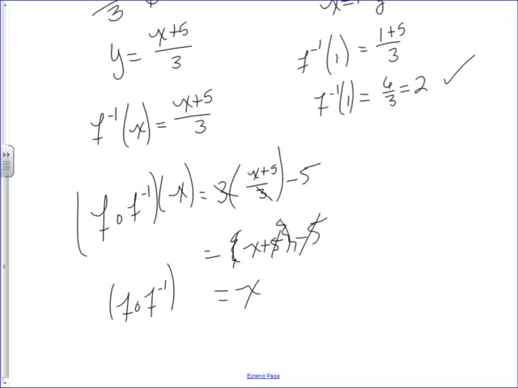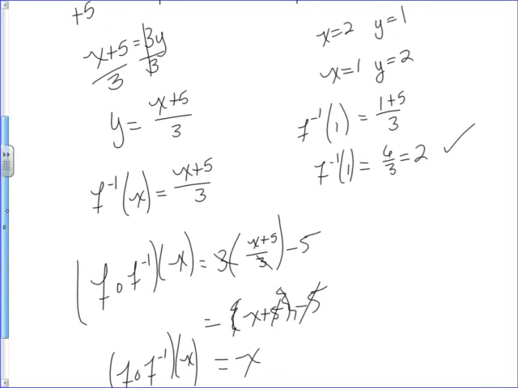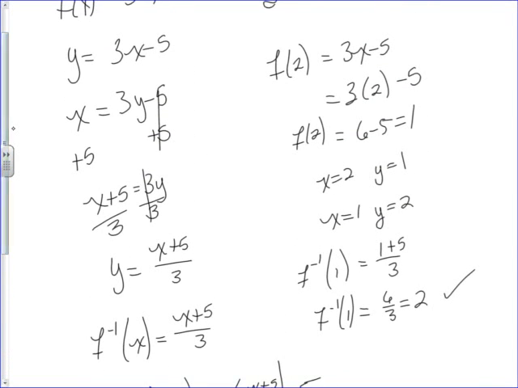So, 2 ways to make sure you did it right. You can either take the composition of f with the inverse, and if it equals x, you did it right. Or you can do like we did up here. Evaluate your original function at a number, get the y value out, switch the x and y values, and evaluate your inverse, and you should get the same thing. If you do, you did it right. If you didn't, you did something wrong. Go back and check. All right? So